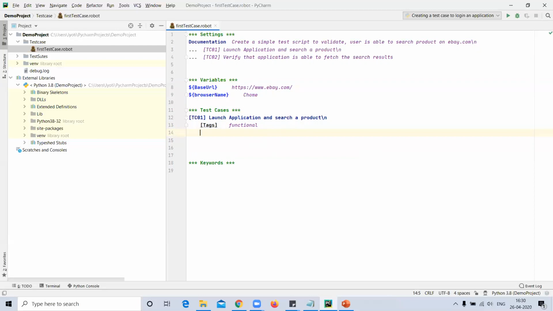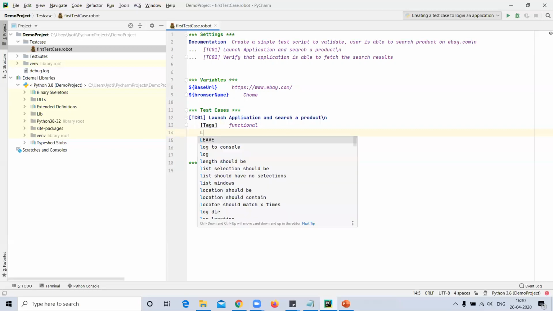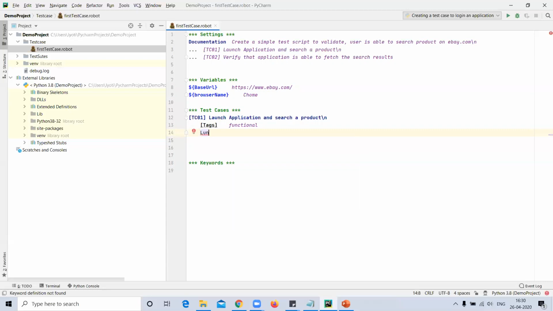So here I am going to perform two operations, one for launching the application using Chrome browser and second one, search a product. So I will write here launch application using Chrome browser